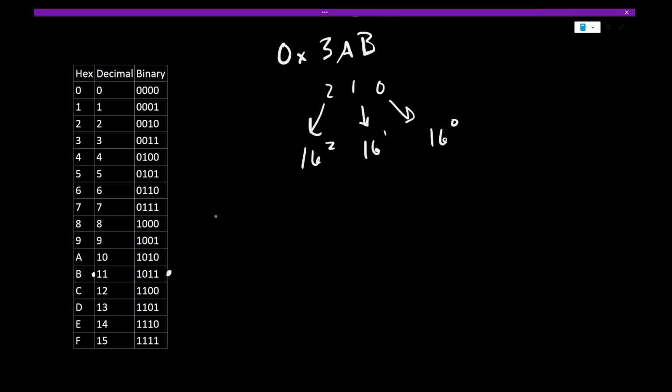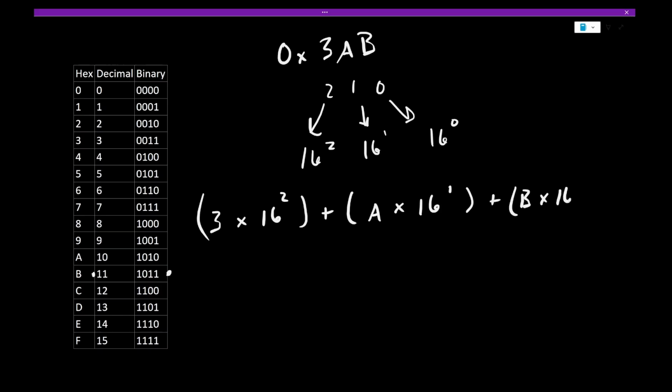All right, so the first thing we want to do is go ahead and write down our 3. And that's going to be times 16, because it's base 16, remember that, to the power of 2. There we go. And we're going to add that to a times 16 to the power of 1 plus b times 16 to the power of 0. Okay, so 3 times 16 squared is the same as